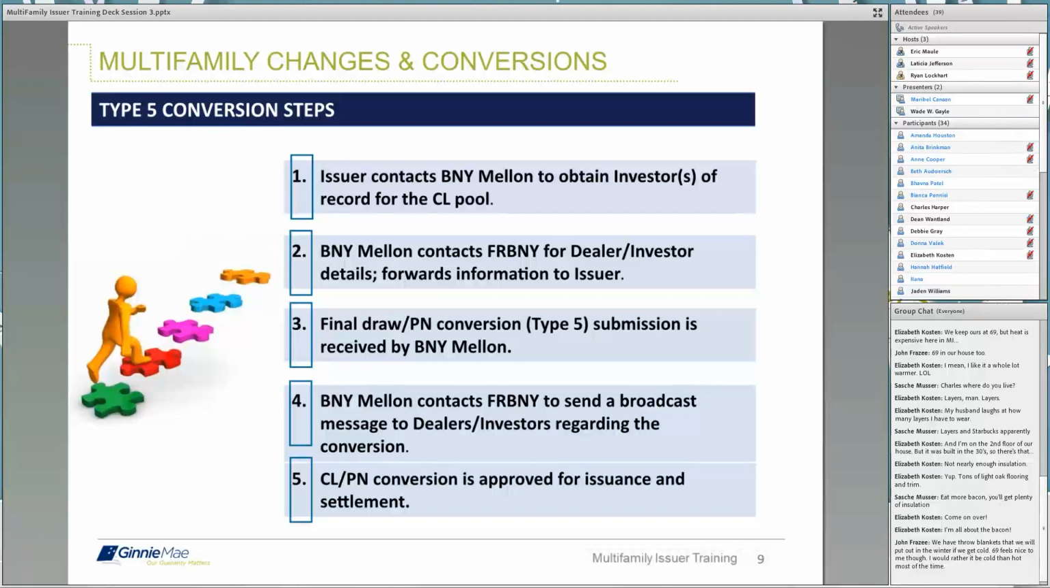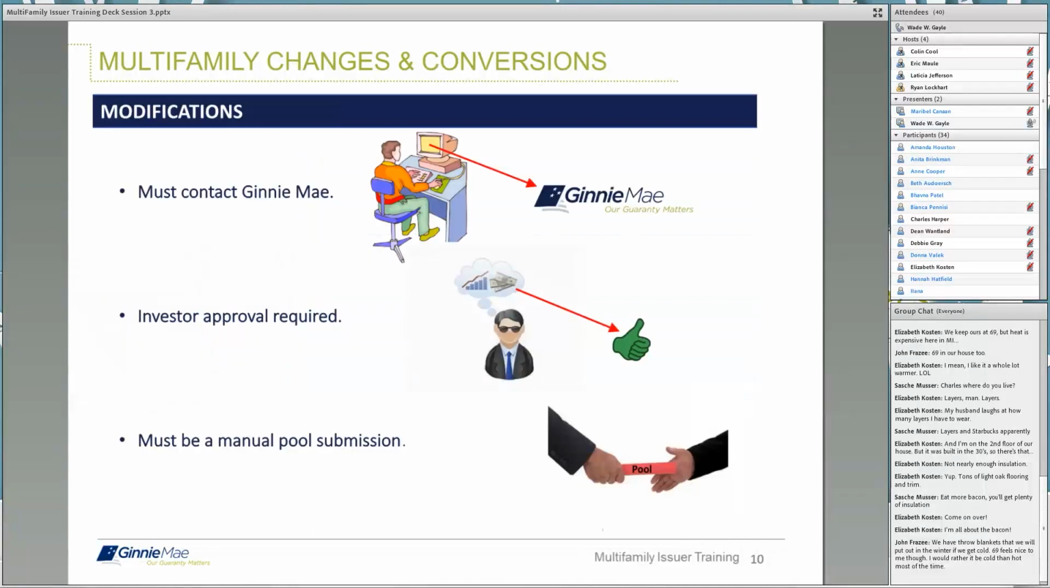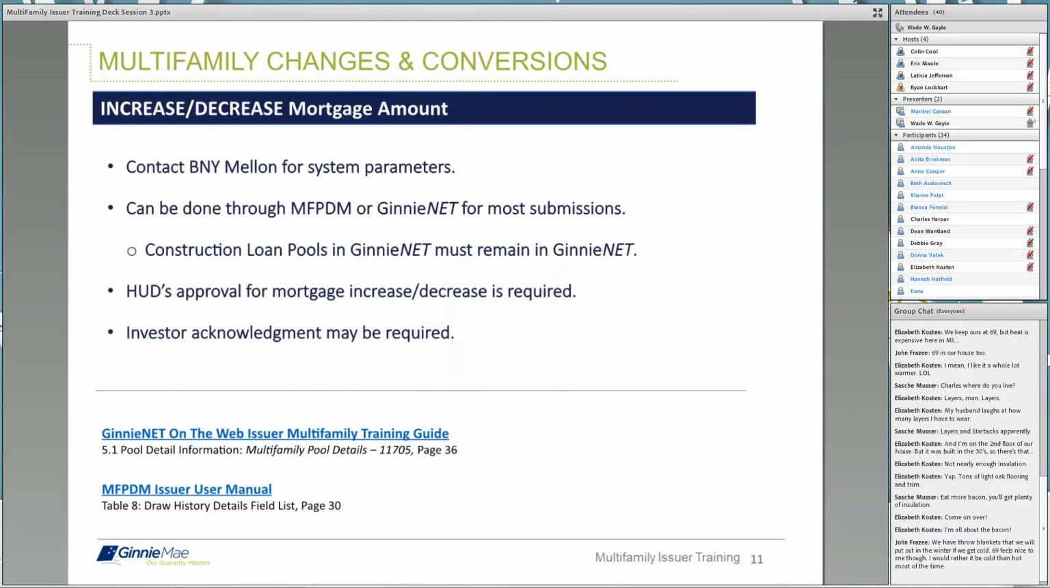And these are some steps we want to share with you in terms of when you're doing the type 5 conversions. 1, issuer contact BNY Mellon to obtain the investor of record for the CL pool. And of course, most people usually call or send an email to jenmay1@BNY Mellon, and that usually has either Yvonne Moner's attention to it, and now we have Narita Bradshaw in the group. So once they get that information, they'll do their due diligence and they'll send out the necessary information that you requested. Number 2,